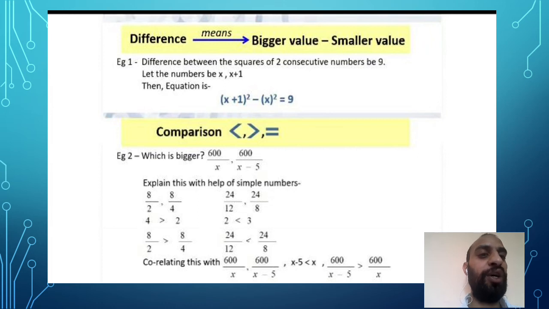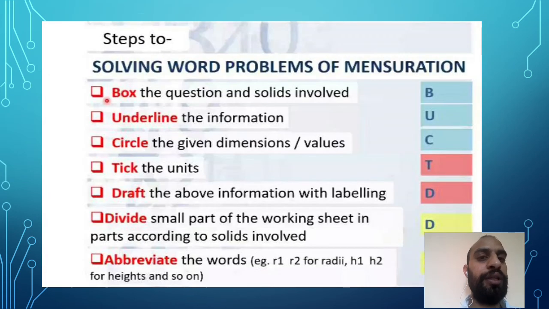As I told you, you need to read the statement. It is written "difference between," so a minus sign. And if we are doing a comparison, then less than, greater than and equal to, we have these three signs. By using these three signs you can easily compare. After that, how to tackle the situation is very, very important.